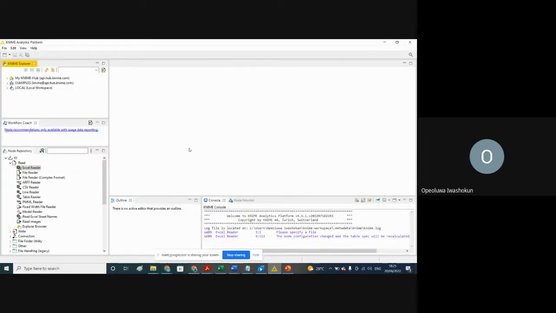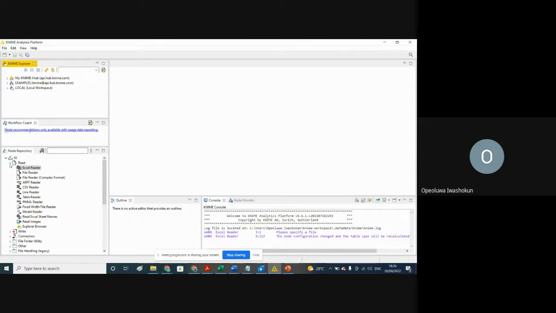When you open it, this is what you have. This is what the NIME Analytics platform looks like. It's a data analytics platform, meaning, remember last week I told you what data analytics is. It's a way of generating insights from data. Before you can generate insights from data, you need to understand ways of pre-processing your data using the statistical understanding that I shared with you last week,